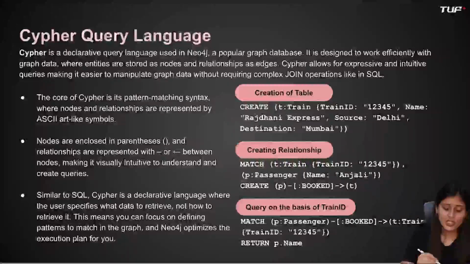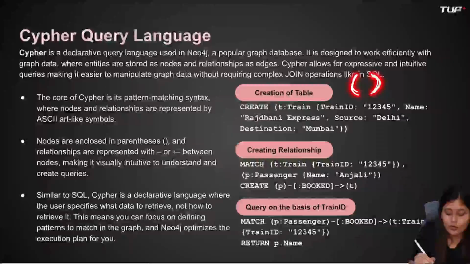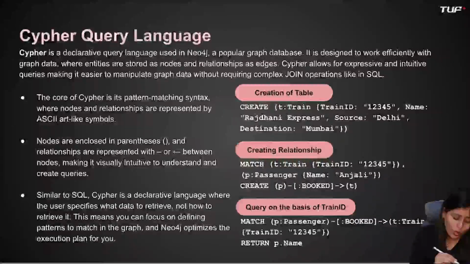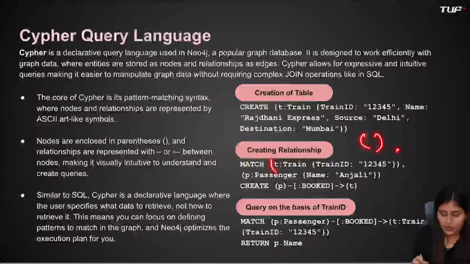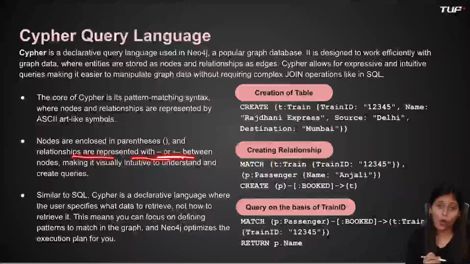Okay, so this is how we create a table in a graph database using Cypher query language. We'll say create. Whatever is inside the small brackets will include the entities, and anything with a hyphen or this arrow will represent the relationship. The core of Cypher is its pattern matching syntax, where nodes and relationships are represented by ASCII art-like symbols. Okay, so here you can see these symbols. Nodes are enclosed in parentheses and relationships are represented by a hyphen or the arrow between nodes,